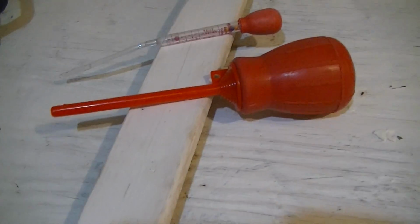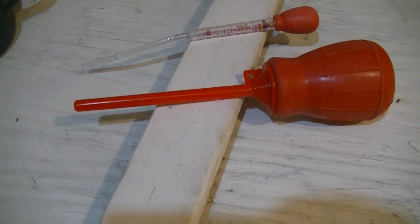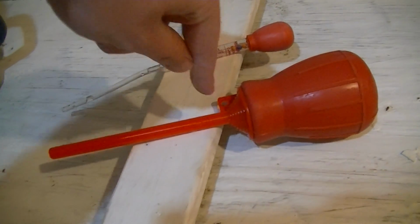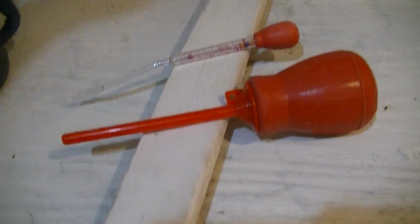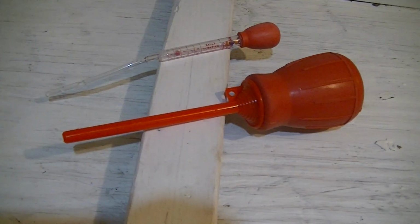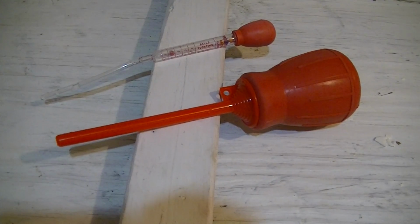I just tried this thing today, which I've got fairly recently, and it is, for the purpose, quite good, although the problem is that there's no positive way of shutting off the flow of water in this, so it'll like to splooge water everywhere if you let it, so there's a certain amount of technique involved, but all in all, these are quite good